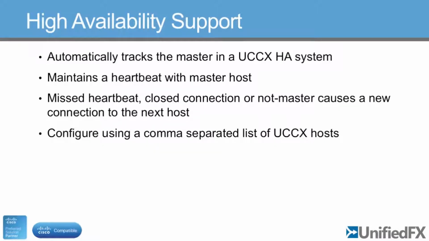High availability support. So again, this is a top line item, important but not simple. The way that high availability works in UCCX in terms of an HA pair is only one of those systems can be the master, and effectively UCCX itself will decide and automatically manage which one is the master. Previously, we just connected to the single host, and if it was a master, great, it worked. If it wasn't a master, you'd have to manually go in and edit the host to point to the one